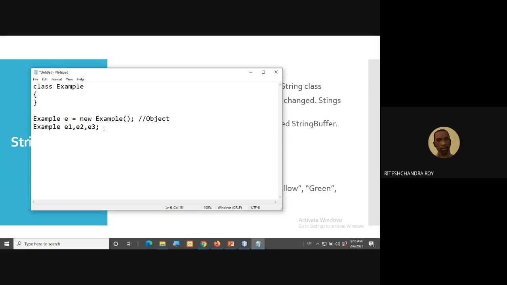But as per Java syntax, you have to write the class name, then any object you wish to create, equals the new keyword, and then again the class name. This is the syntax, especially for Java. And this term will automatically call the constructor.